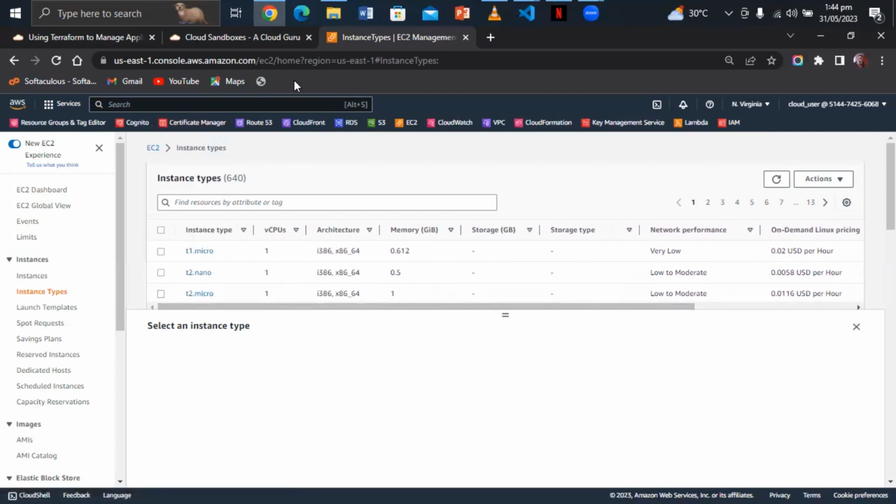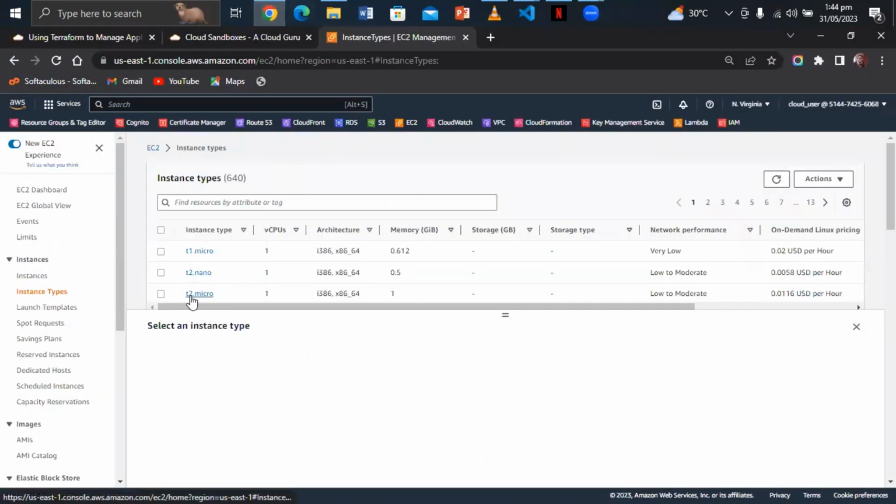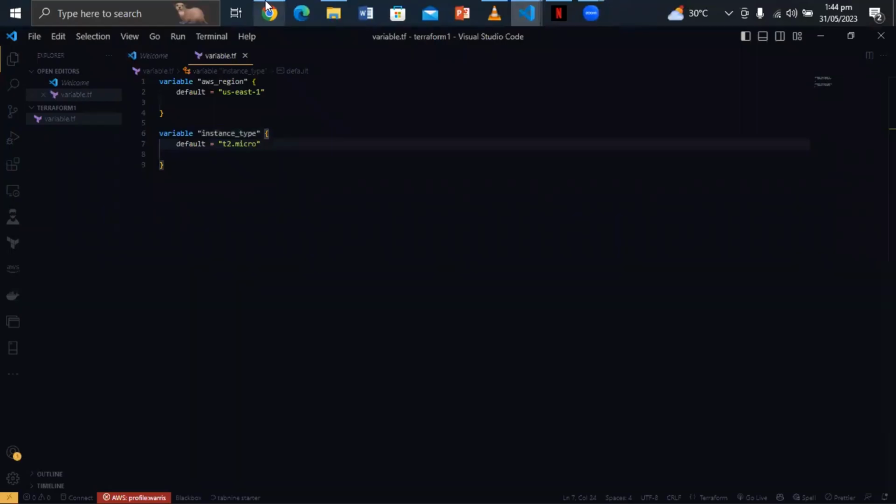So I go back to my AWS. I'm using T2 micro. My default instance I'm using is what? T2 micro. I put t2.micro, because here it's called T2. I'm using t2.micro. So what are the things I need? Again, I need